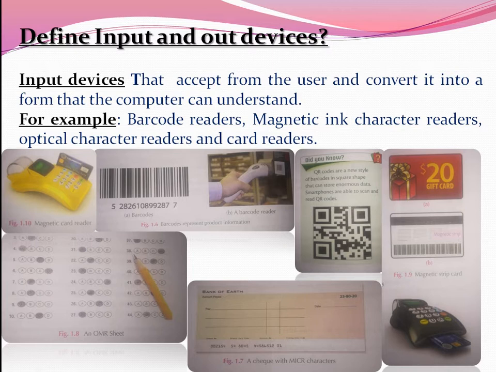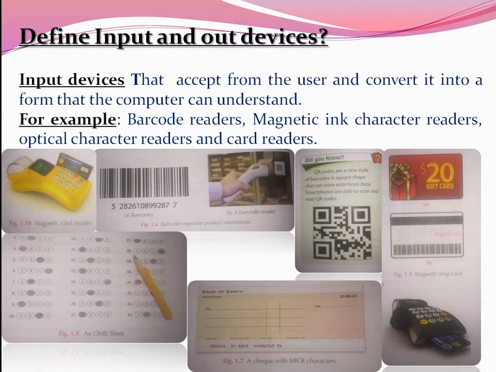An optical character reader is a device to input normal printed or handwritten text. The process first produces a digital image of the text. Character recognition software is then used to convert the image into character codes that can be understood, stored, and produced by the computer. This technique is called optical character recognition.